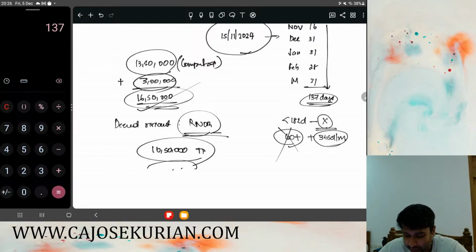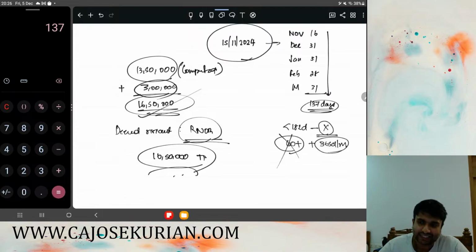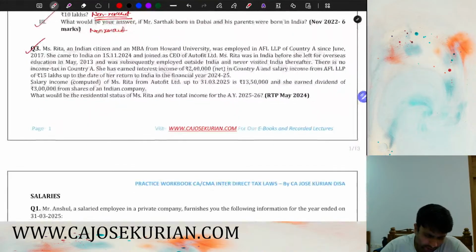So that is again a direct question. There is no confusion in that. She is an Indian citizen residing outside India. Her total income from Indian sources is more than 15 lakh and she becomes a deemed resident. If she is a deemed resident, then she will become an RNOR. And that is how you have to solve the answer. I hope that is also clear for you. So by that we can say chapter 1 is over.